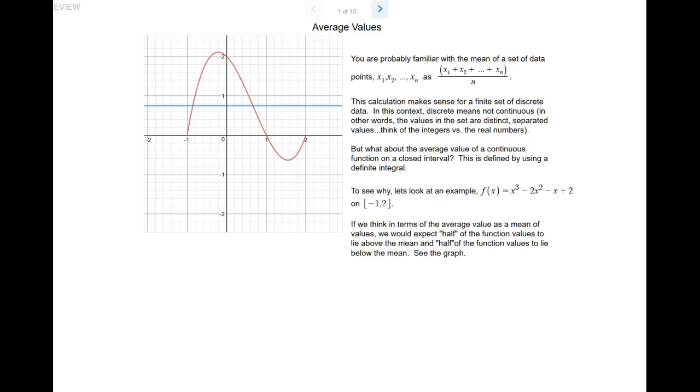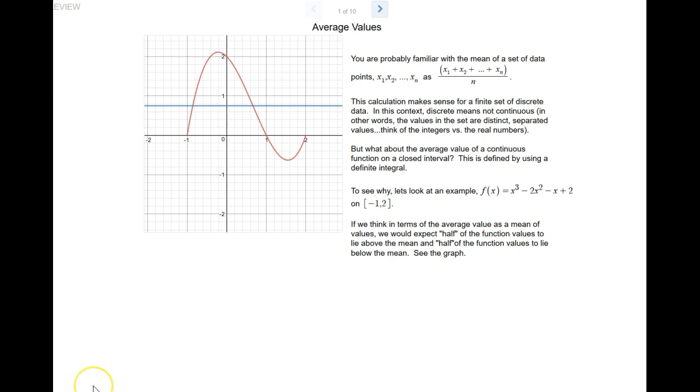Hello, and welcome to 6.5, the average value of a function. In this chapter, we are looking at applications of the integral. And in this particular section, we are looking at how the definite integral gives us the average value of a